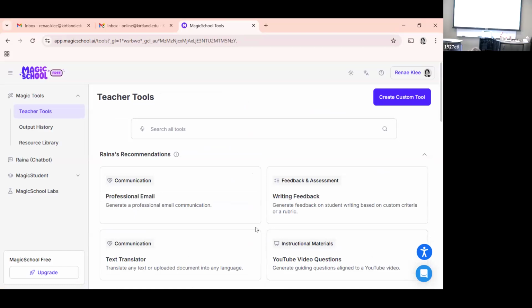Yours is showing up. Once it decides to actually load my email, how do you get that? You just type Google. Okay. It's literally magicschool.ai, and she just wants you to sign in with Google, so it's easier to just sign in with Google. I had to create a separate password anyway, because I was logged in. I hate that. Oh, I got past that.